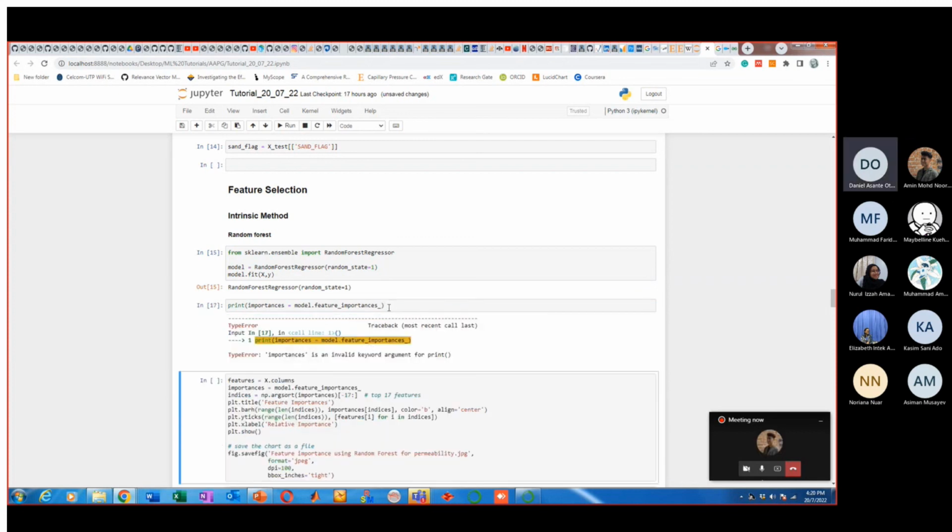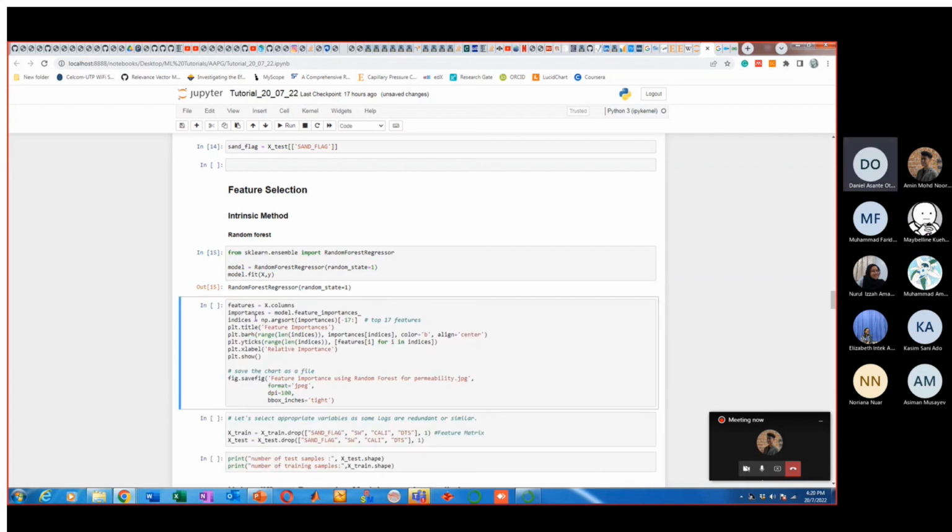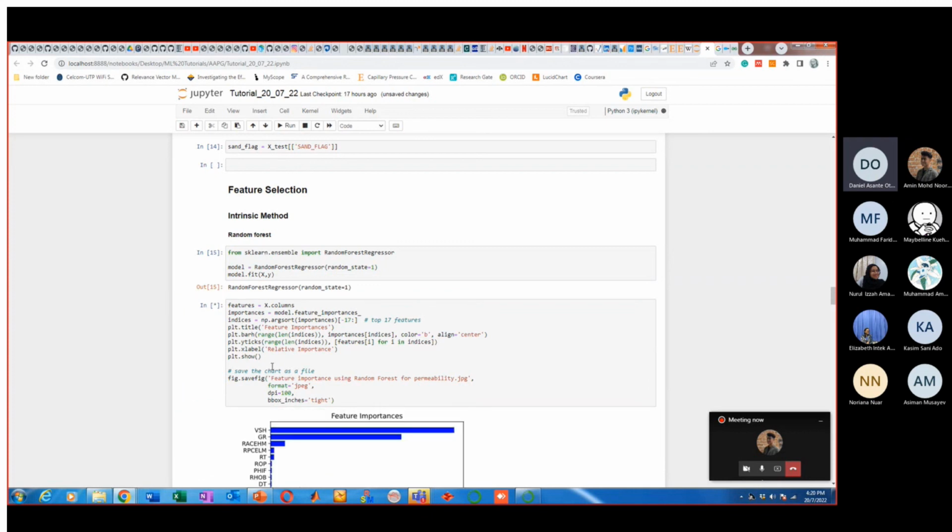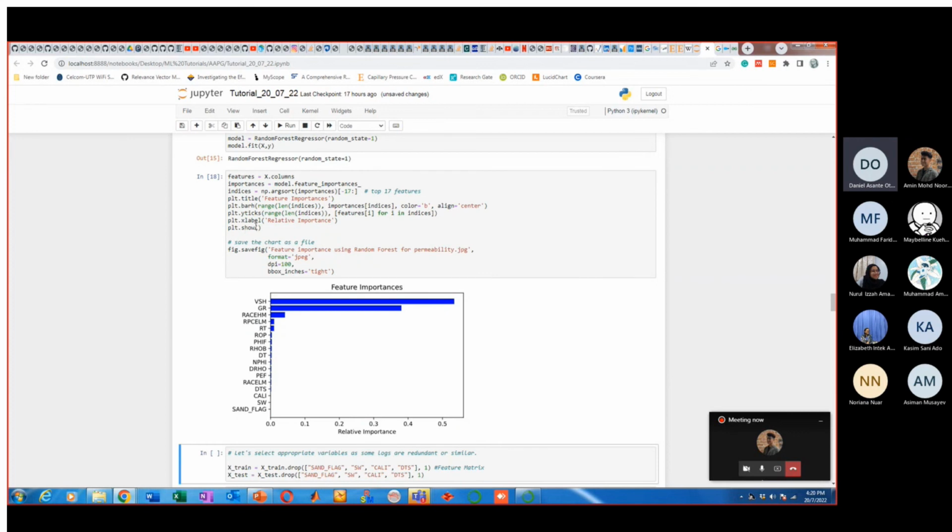Okay, so it didn't work. Okay, so let me just take you guys through. So what I am trying to do is I want the important features that random forest realized to show. Okay, so this code is just used to show it, and then I will save it. So don't worry, I'll give you this code at the end of the course so that you'll be able to